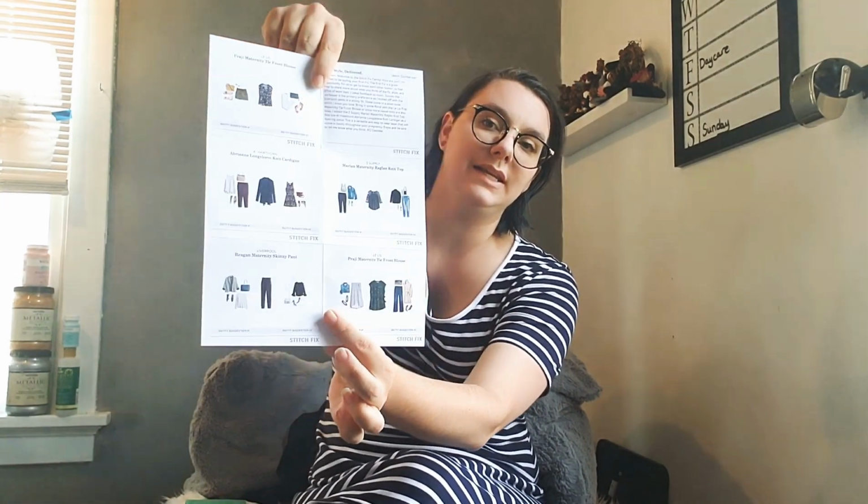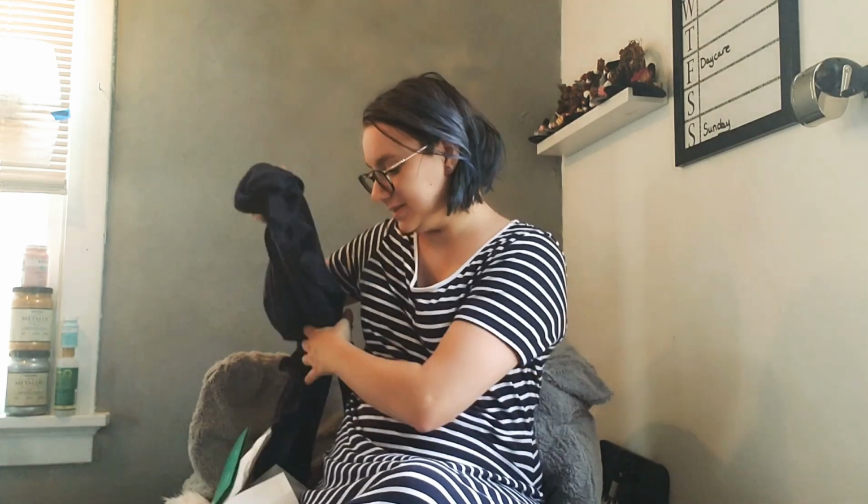All right, so we have the outfits that are described. The workwear outfit, one of them is pretty cute actually. So yeah, pretty neat little setup, though it wasn't quite what I was looking for, but I think we've got some cute pieces. So, oof, okay. So,